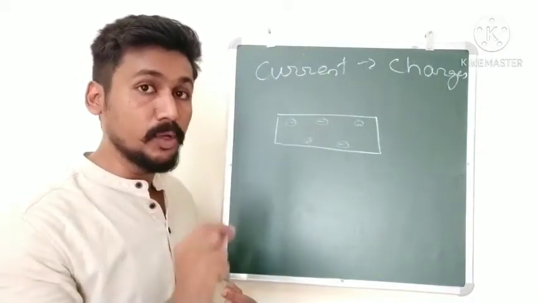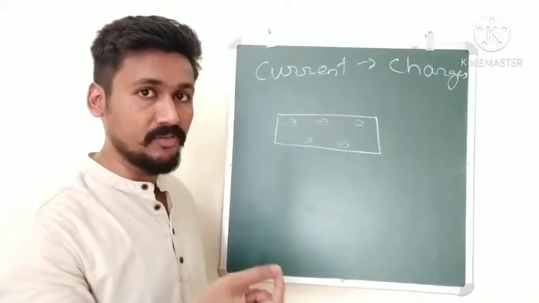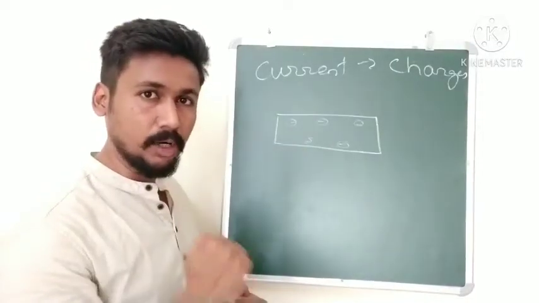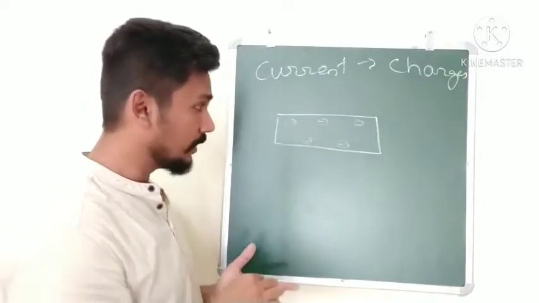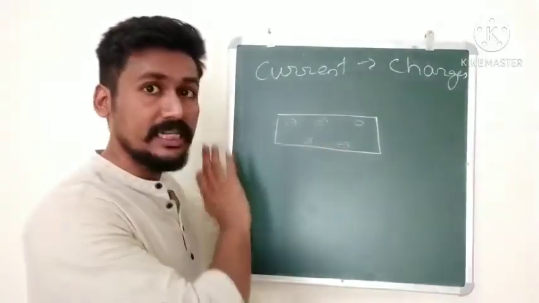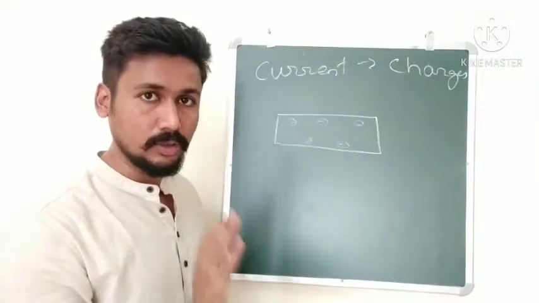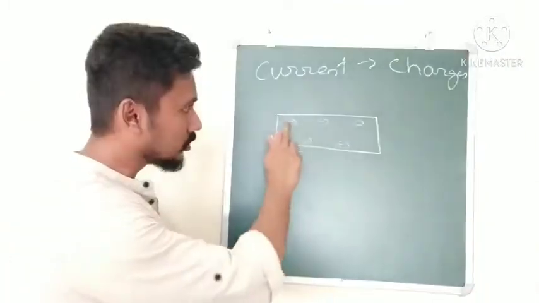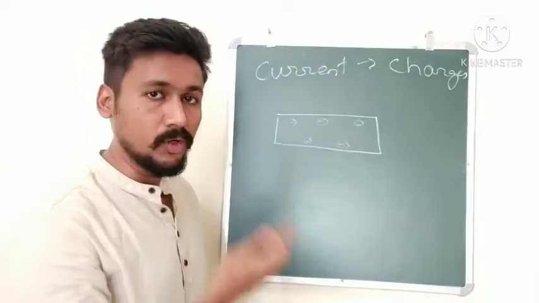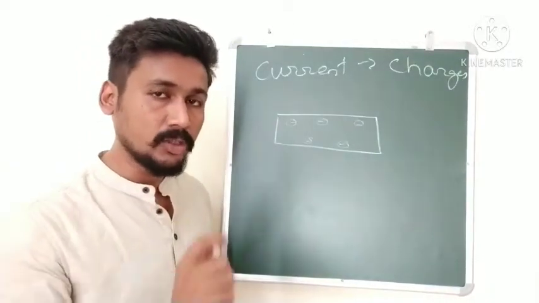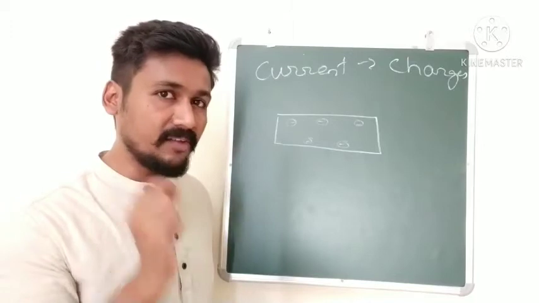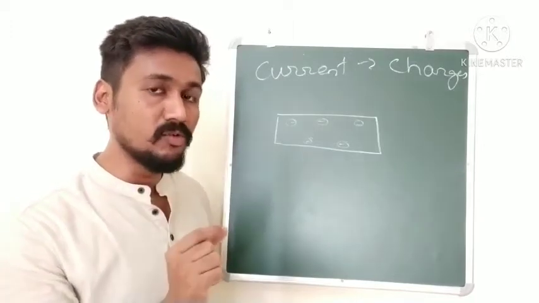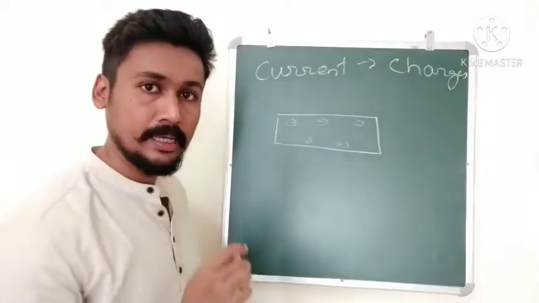When we talk about a poor conductor, for example rubber or wood, those poor conductors, the free electrons are very less, almost zero. But in good conductors, we have got these large number of free electrons. So that is why in a good conductor, in a metal, because of these free electrons, the charges are able to flow and we get the electric current. So that is also another thing to remember, that whenever we say an electric current is flowing through a wire, it is actually the movement of free electrons.